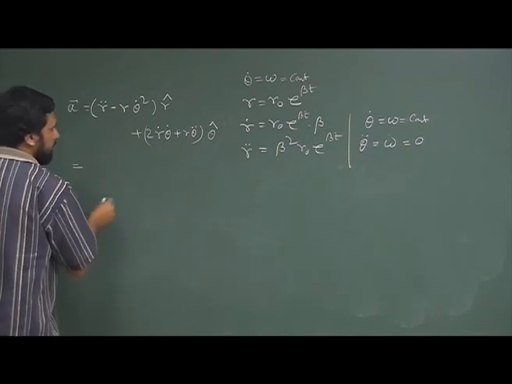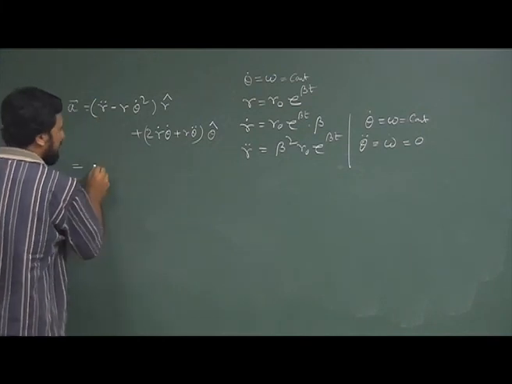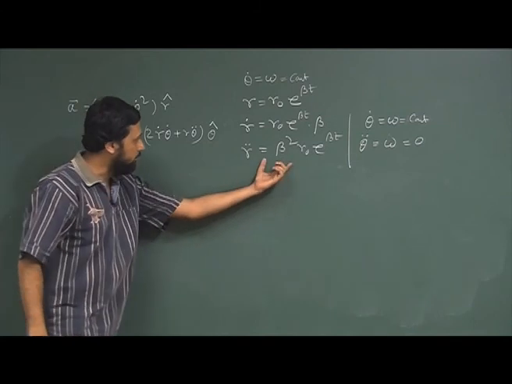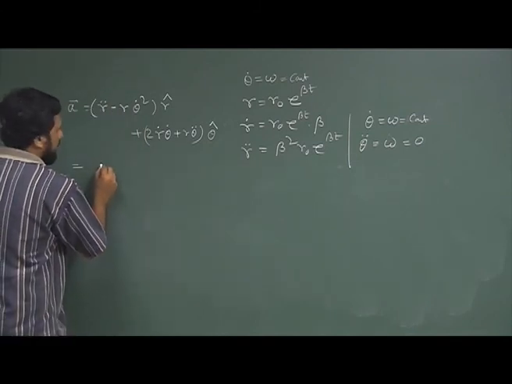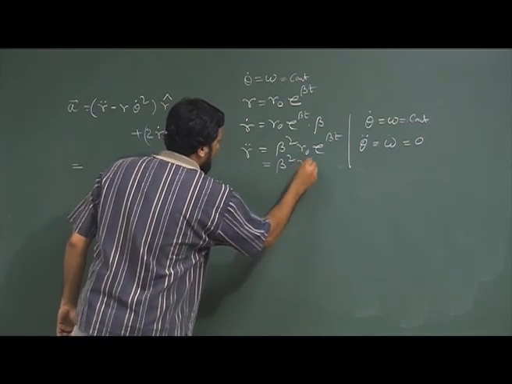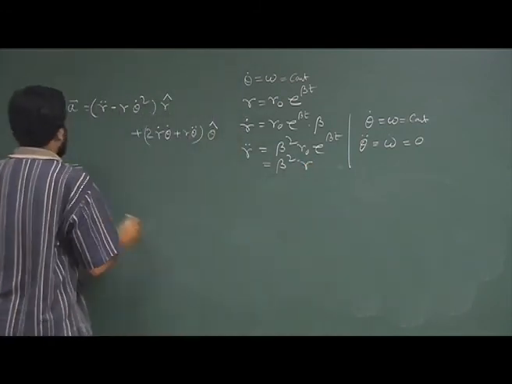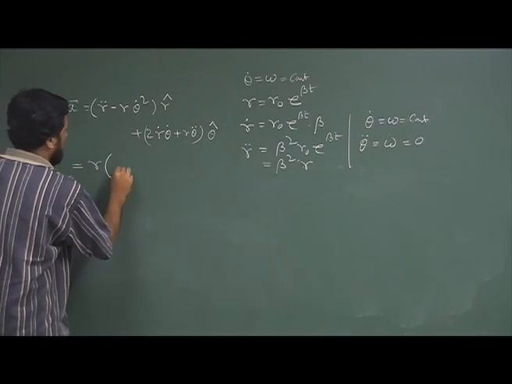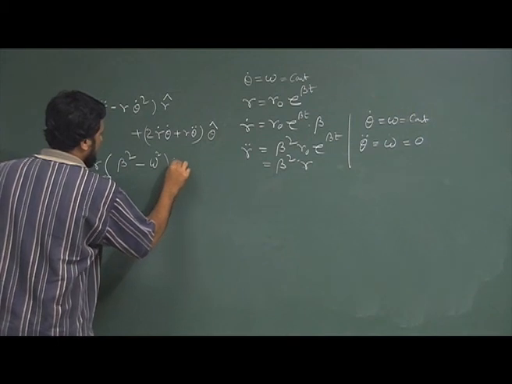If we just put values here, this is essentially beta square r. So, we get r times (beta square minus omega square) r cap